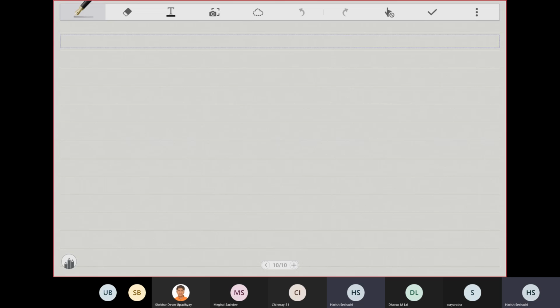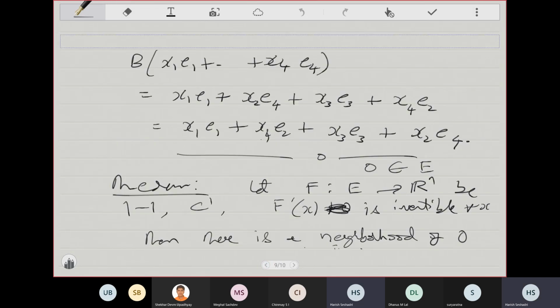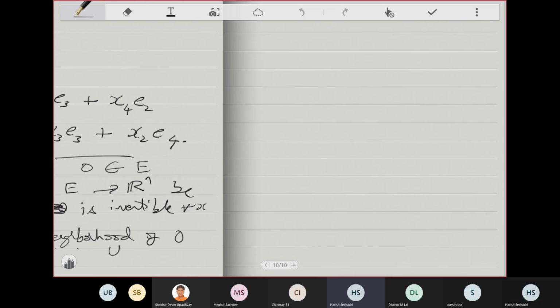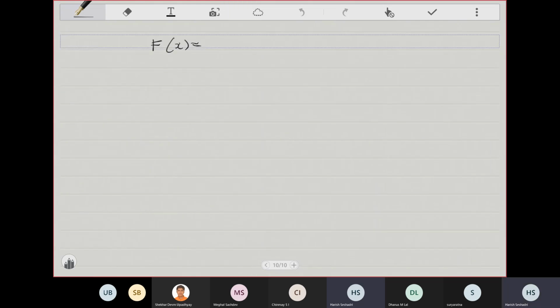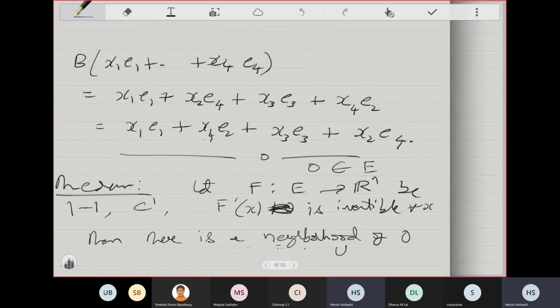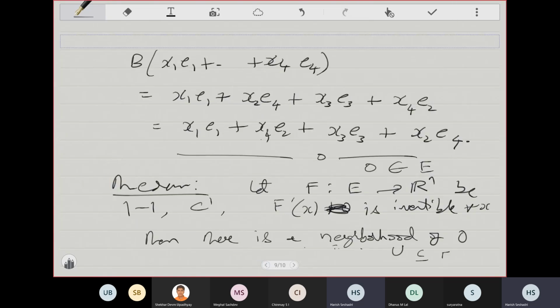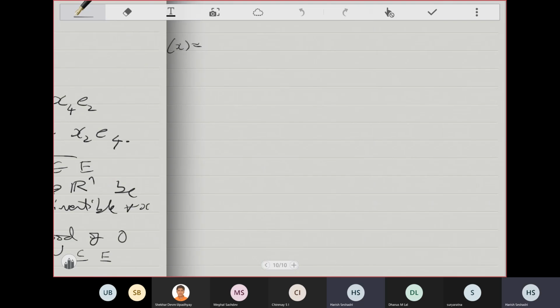So in a neighborhood of zero, we can write f as a product of, actually, let me give this neighborhood a name, U. By the way, I've been using the word neighborhood. Neighborhood just means an open set containing a point. Neighborhood of zero, of course, this neighborhood is contained in the original open set E,